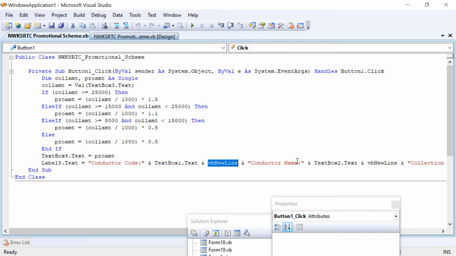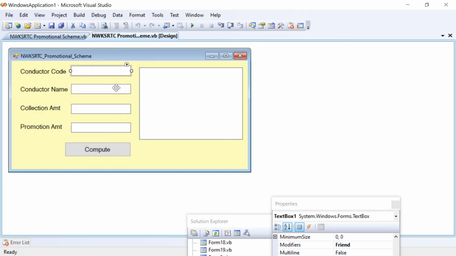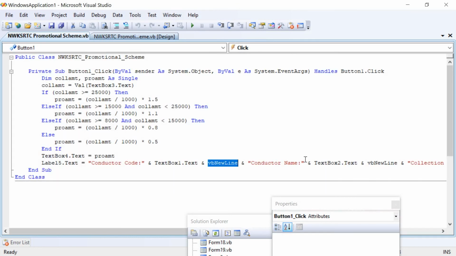In double quotes we have a caption or label, that is conductor name. Again ampersand. In text box 2, as per the design, we enter the name of the conductor. Then again ampersand, text box 2 dot text, ampersand VB new line.